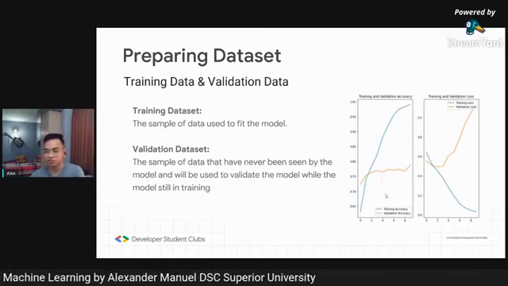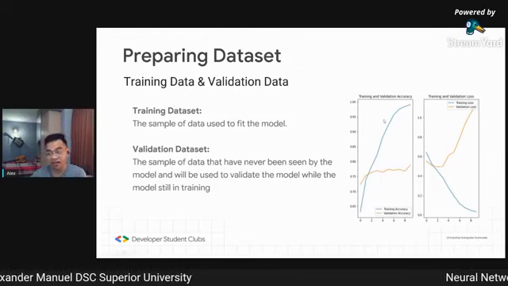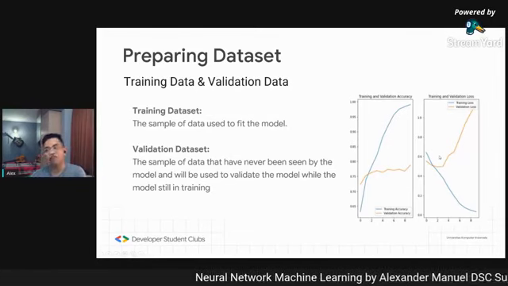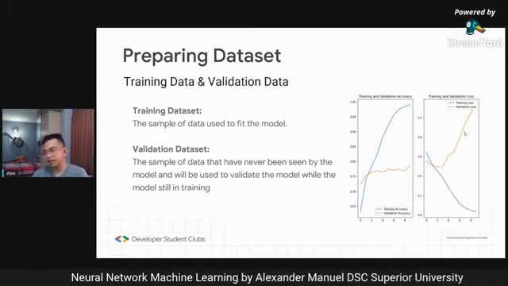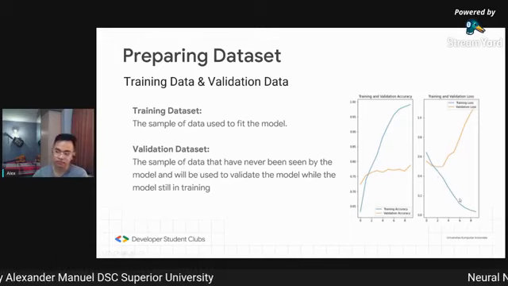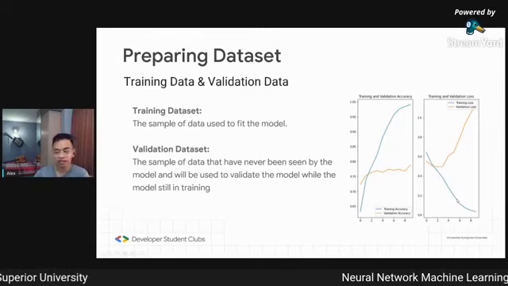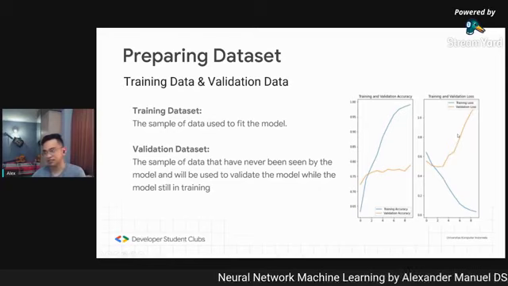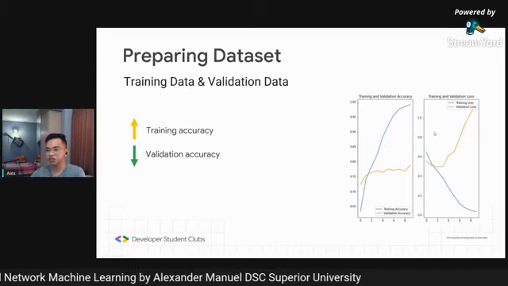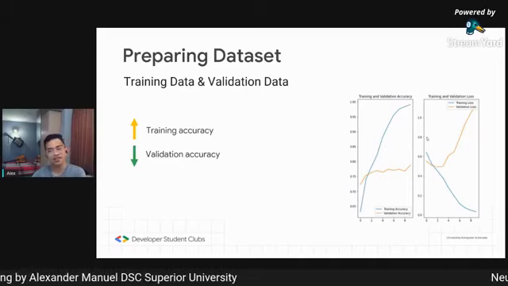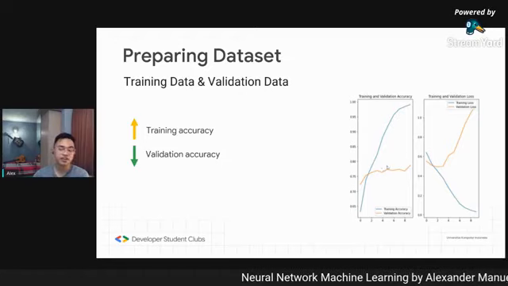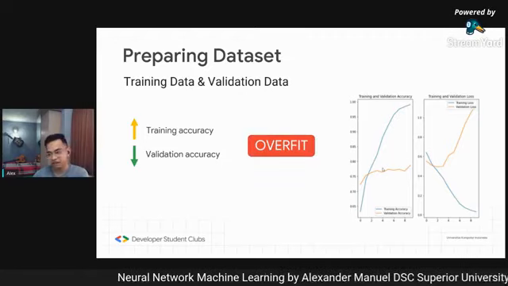What is 20 plus 20? So that's the accuracy. And then the loss is how bad it is. It's really bad. Even though it scores really good in the training, actually they don't know about that. So when the training accuracy is high and the validation accuracy is low, you will have an overfit